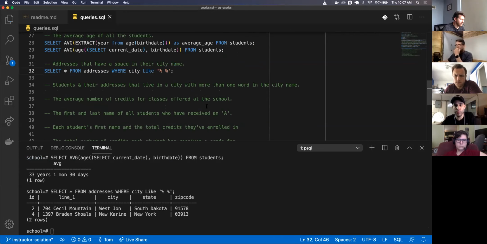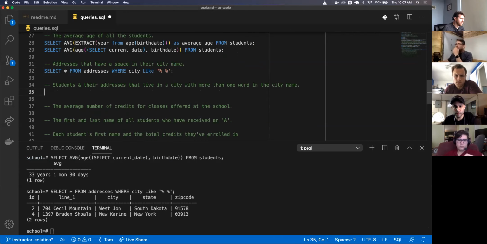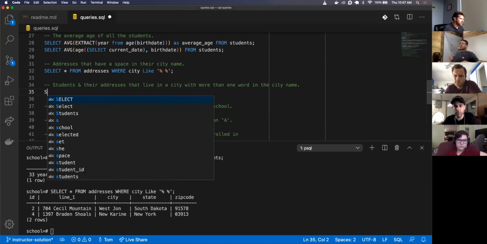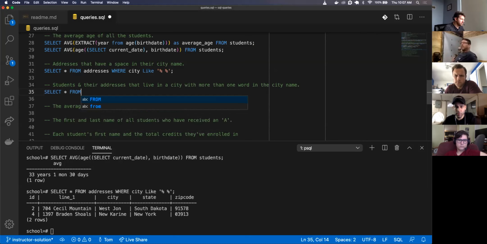All right. Students and addresses that live in a city with more than one word in their city name. Let's see what we got. Kobe. So we can start with select star. Let's just start from students.